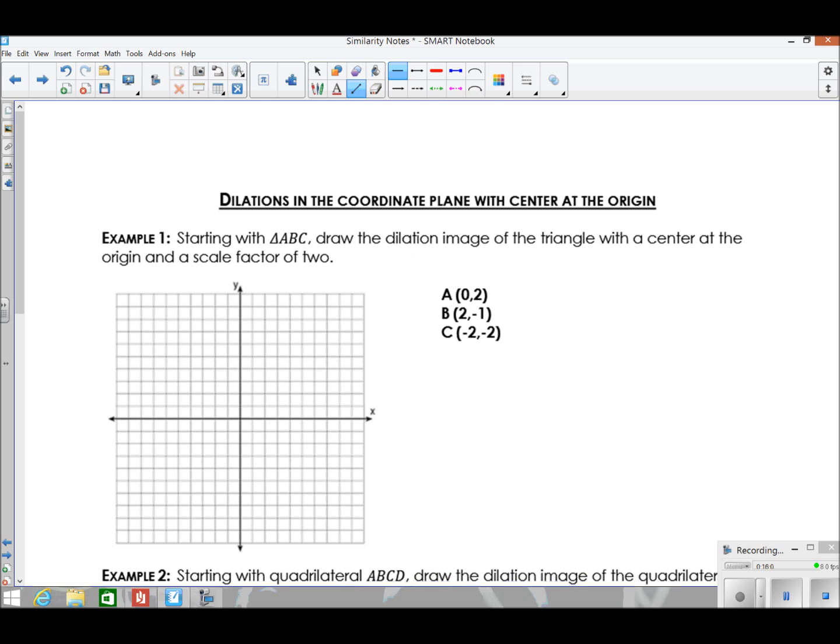We want to draw the dilation image of the triangle with a center at the origin. So that's going to be an important point here. And a scale factor of 2. So we're going to essentially do the same thing that we just did, but instead of having to use our compass to measure, we're going to use the graph. So let's go ahead and start with our original triangle. So we have 0, 2, 2, negative 1, negative 2, negative 2,